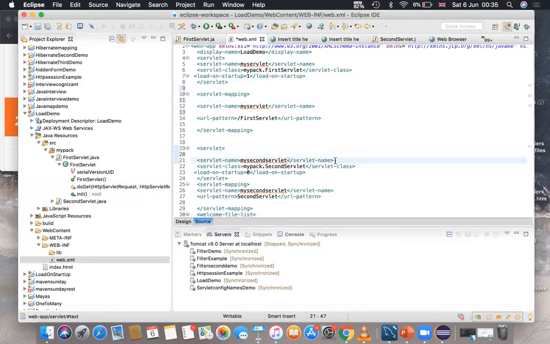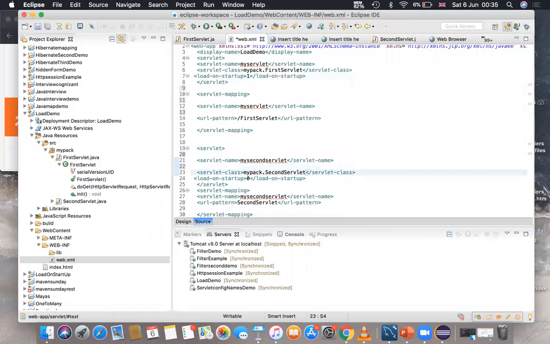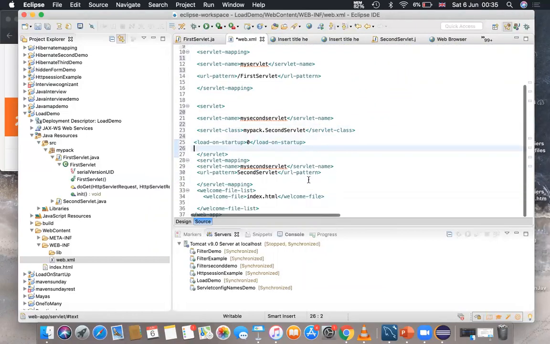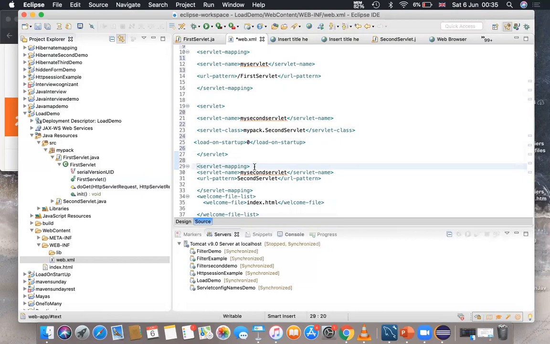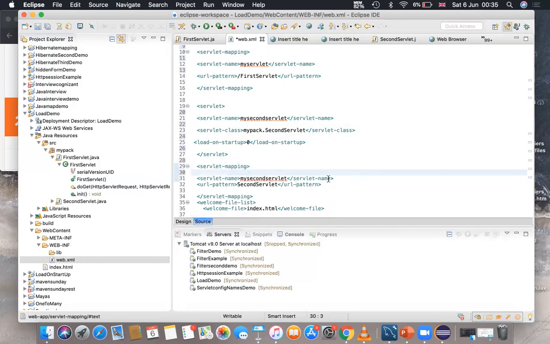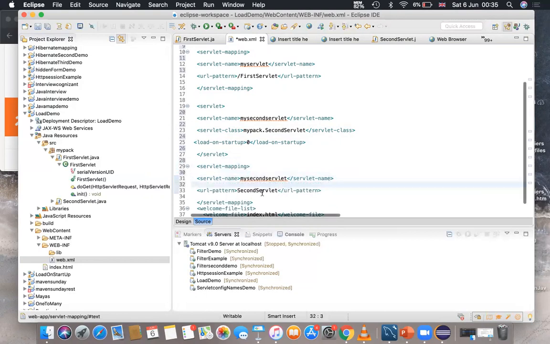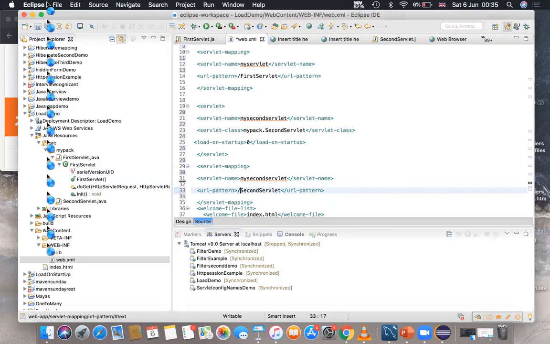Let me check the error. Servlet, load-on-startup, I have given 0 here. Servlet mapping, my second servlet, URL pattern, I should give one / here. That is the reason. That / is missing in the servlet mapping. That is why Tomcat was showing an error.